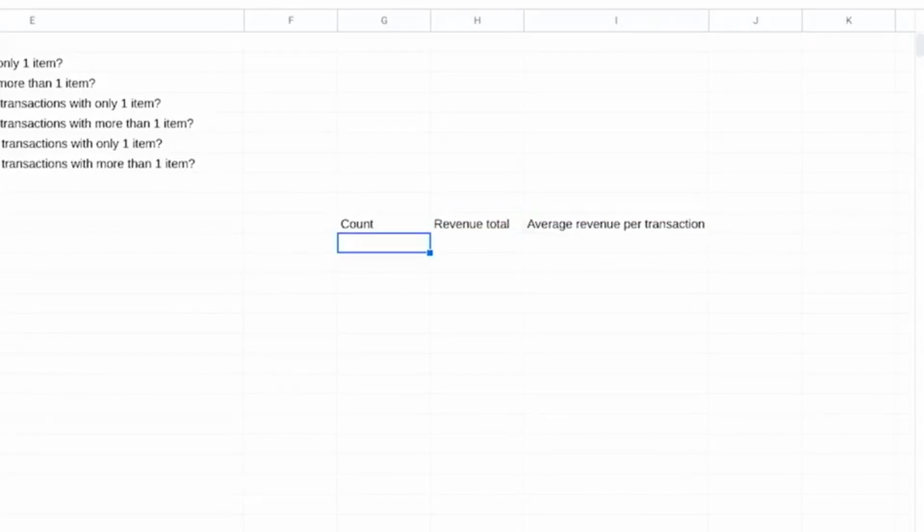Each of our questions asks about transactions with one item or transactions with more than one item, so those will be the observations for our rows. We'll make quantity the heading for our observations. We'll also add borders to make the summary table nice and clear.